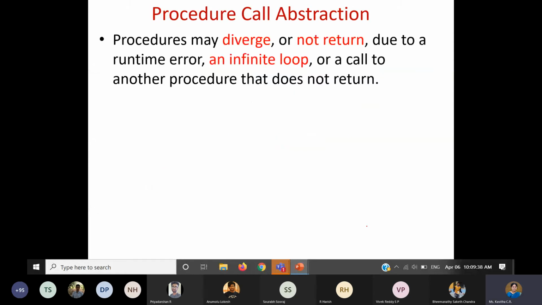Procedures may diverge or may not return. If you are writing correct code, everything happens properly and it will return back. But if you are not giving the proper condition or your code is not proper, it may end up in an infinite loop. Once it is in an infinite loop, there is no option to exit from that particular call.